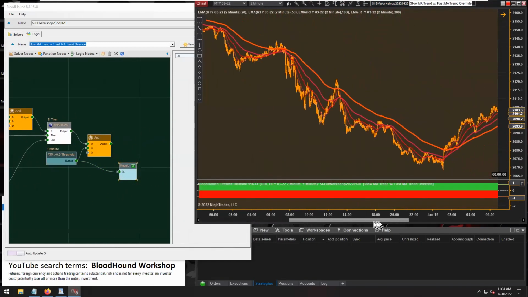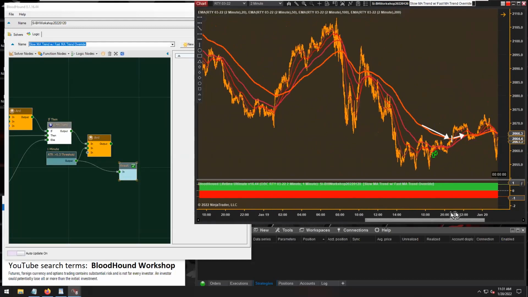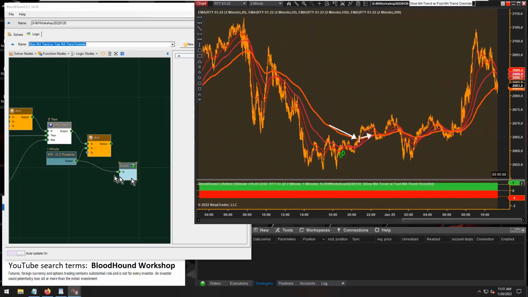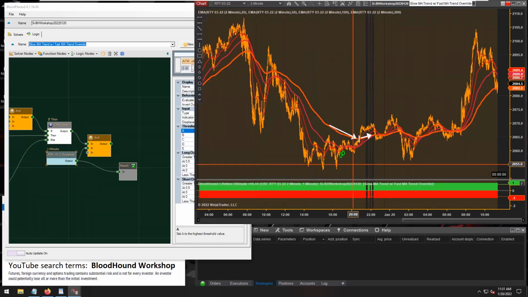Yeah, let's see here. At least on the RTY, it looks like 0.3 is a little low, but in any case, of course, you can adjust the 0.3 to however you see fit. Let's try 0.5. There we go, 0.5. Every once in a while,